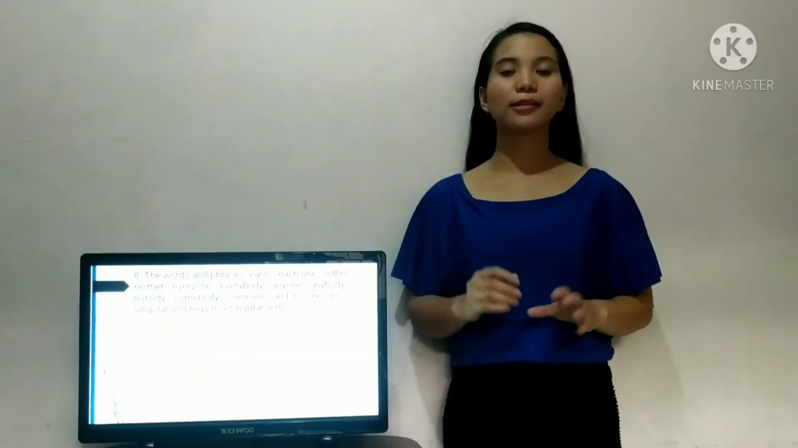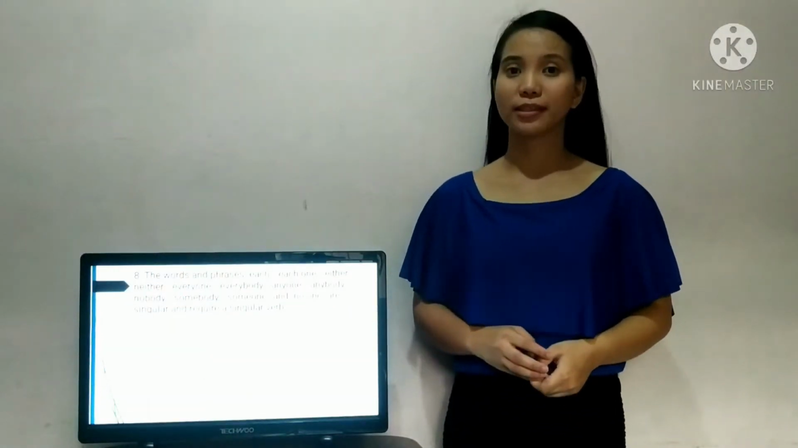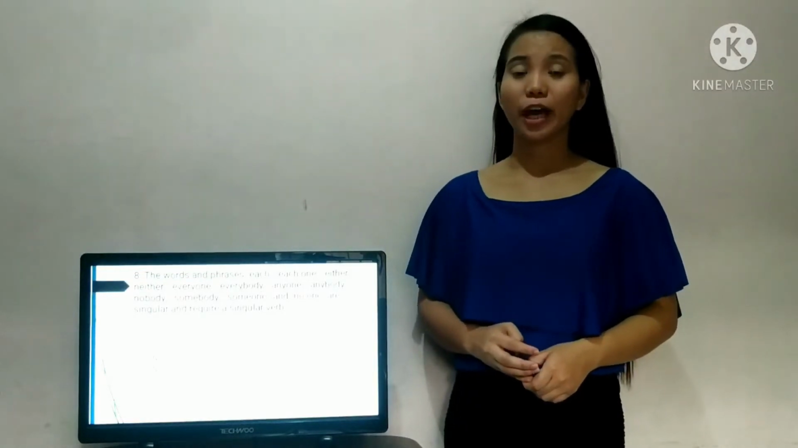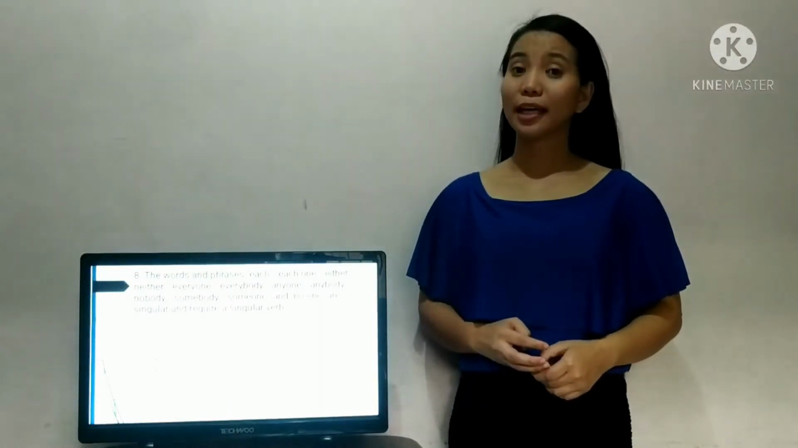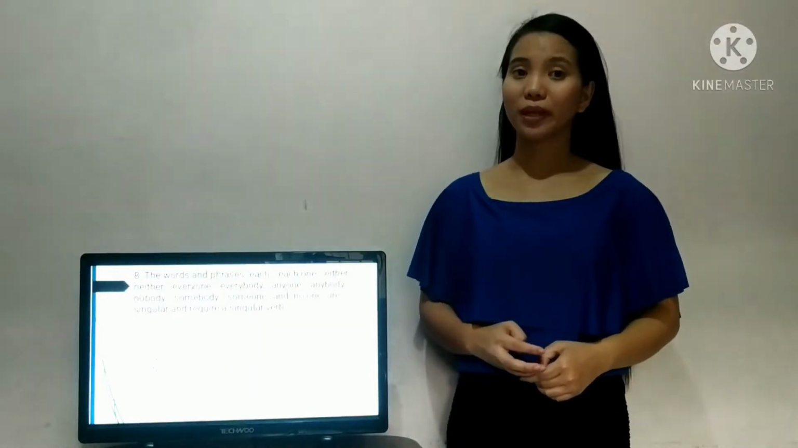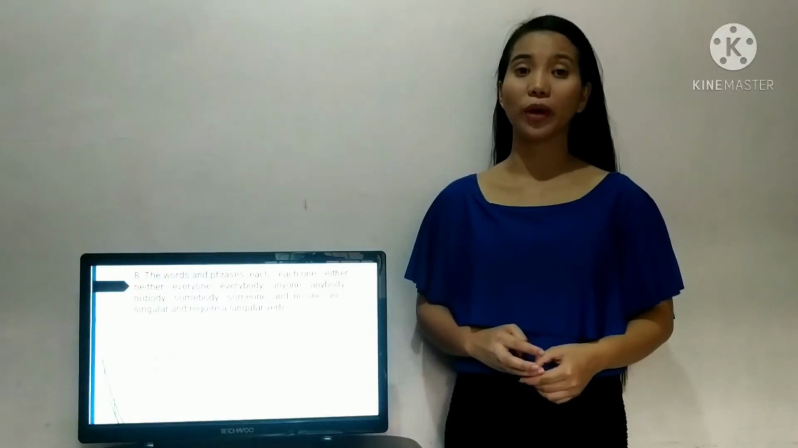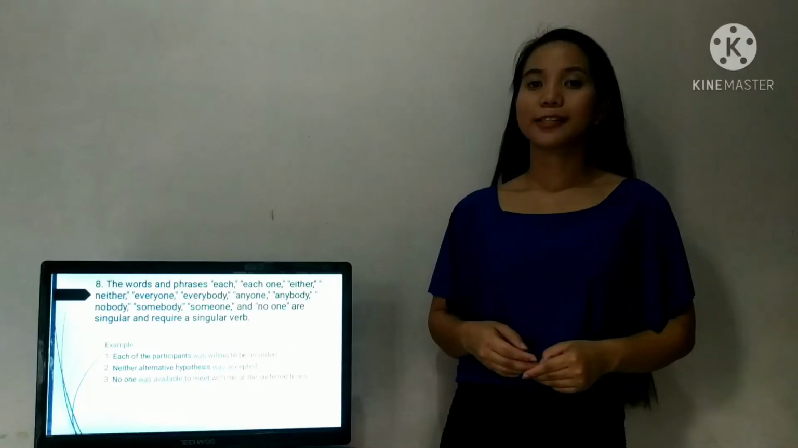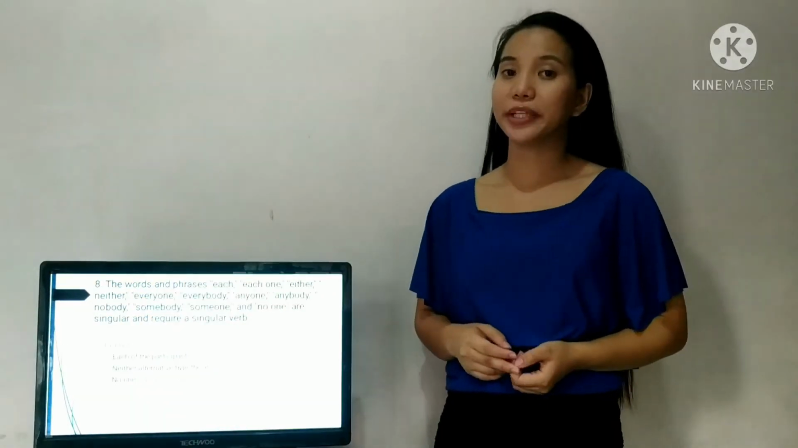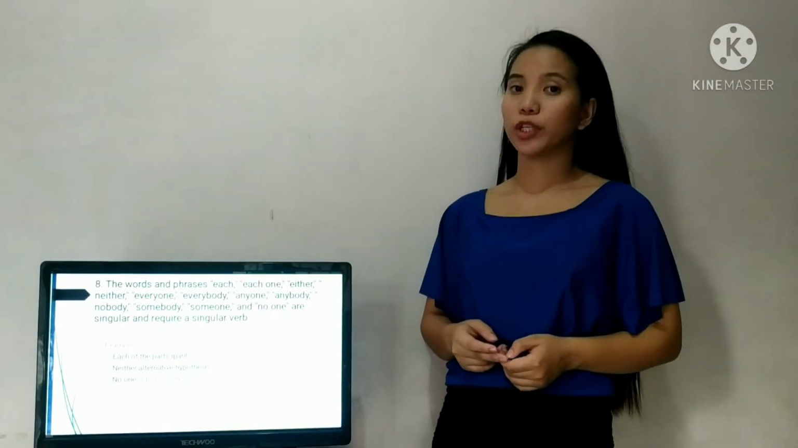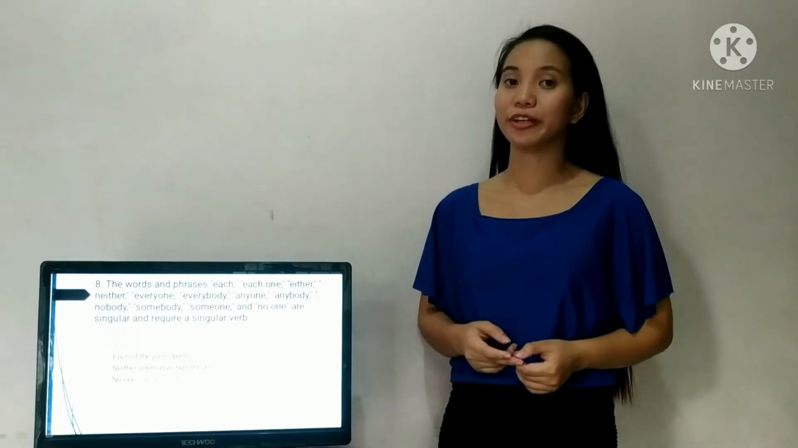Rule number 8 states that the words and phrases each one, neither, either, everybody, everyone, anybody, anyone, somebody, someone, no one, and nobody are singular and require a singular verb. Let's take a look at our examples. Kindly read. Thank you. If you can observe, all the verbs used in the three sentences are in the singular